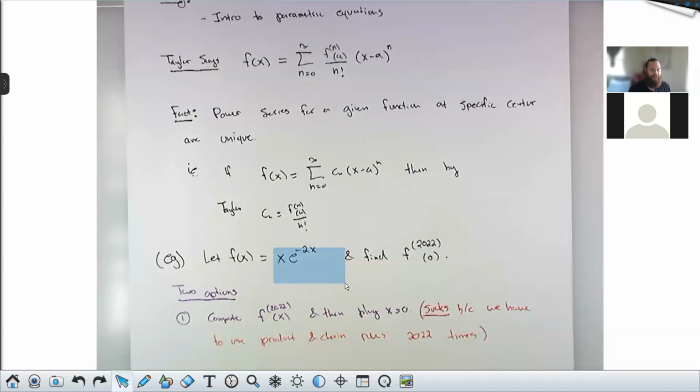Every time you differentiate this thing, it's going to kind of get larger and larger. Differentiating it 2 or 3 times, sure, go ahead, do it by hand. Differentiating it thousands of times, I don't want to do that. I don't think you want to do that. So the better option,